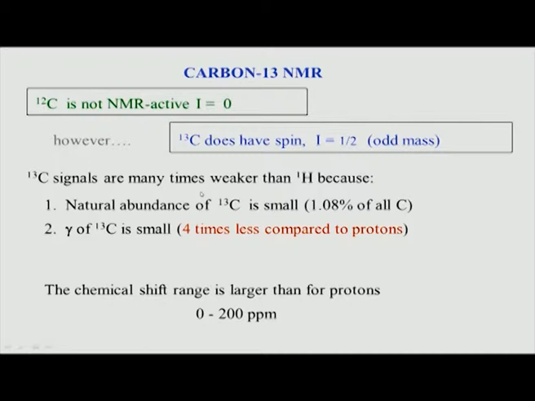So therefore there have been varieties of techniques to improve the sensitivity, which we will see later on as we look at 2D heteronuclear NMR. But even if it is so weak, what is the advantage then of studying carbon? The advantage is the chemical shift range. You see the protons typically is about 10 ppm, 0 to 10 is what we saw earlier. In fact it is even 0 to 5 ppm if you ignore the amide regions. If you look at only the aromatic, it is about 0 to 8 ppm.